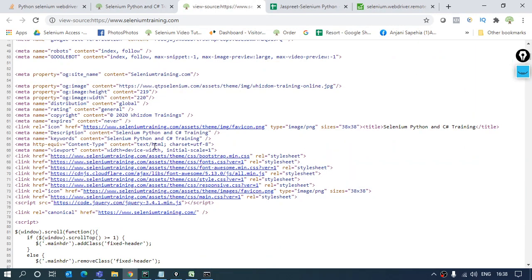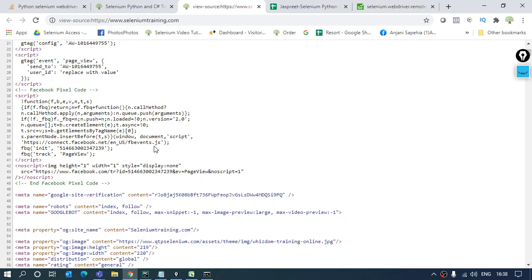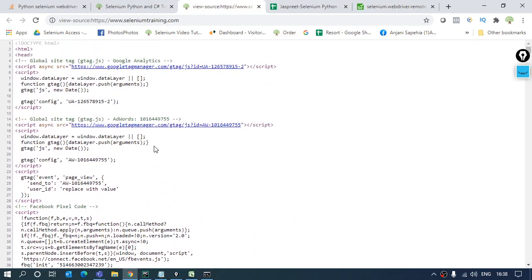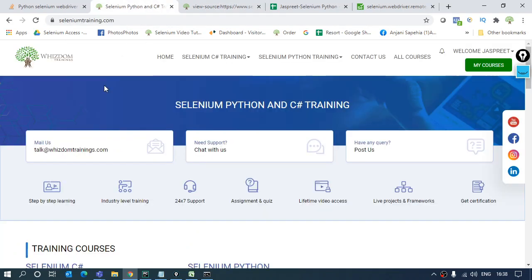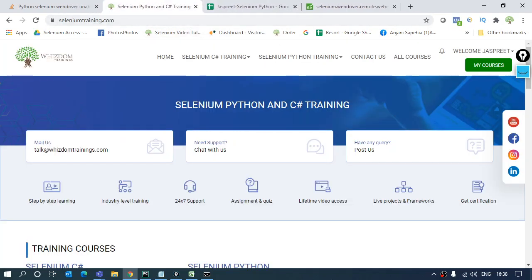This one. It has all the arrangement where the button is going to lie, where the text box is going to lie. Along with that, all the information is there. But out of this, I cannot just go and look for what is this element, Selenium C Sharp training, and find it over here. That's not what I'm going to do. So we just don't use the page source.